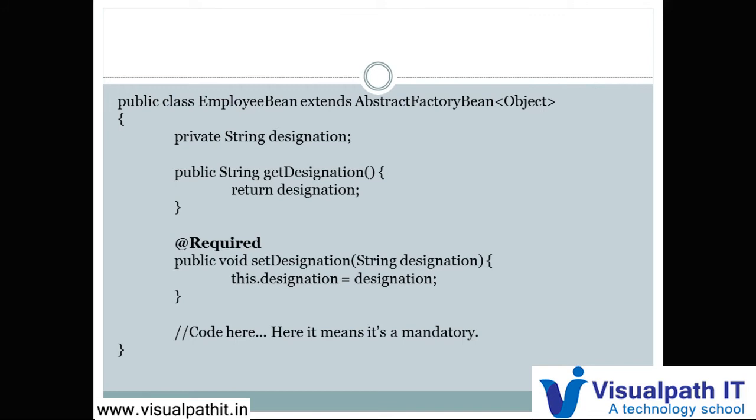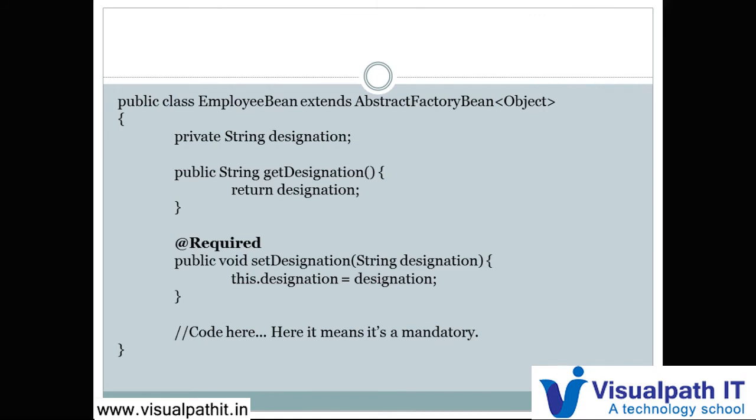Whether there is a restriction on that particular value. @Required provides a kind of restriction on a certain property, whether we need the value for that object or not. Whether a particular property has been set with a value or not. So that is a kind of dependency check.